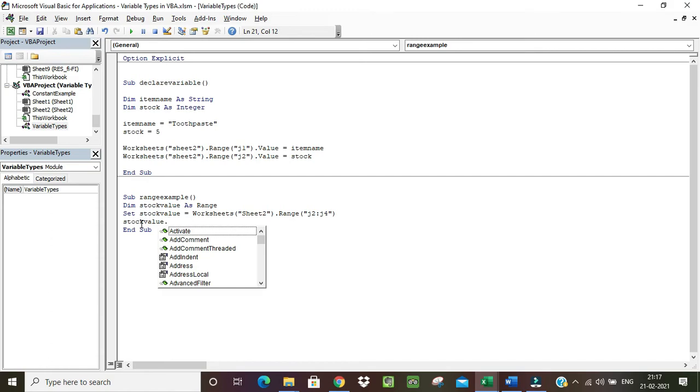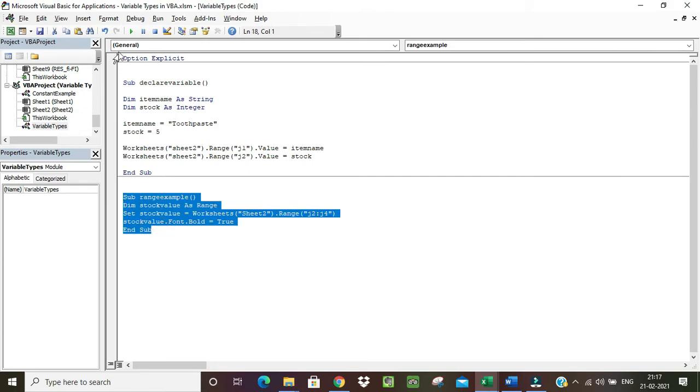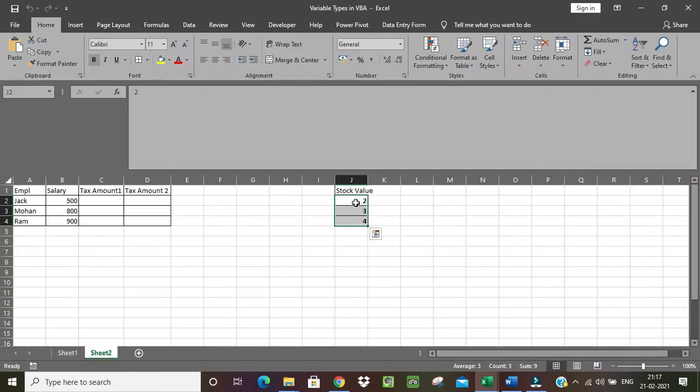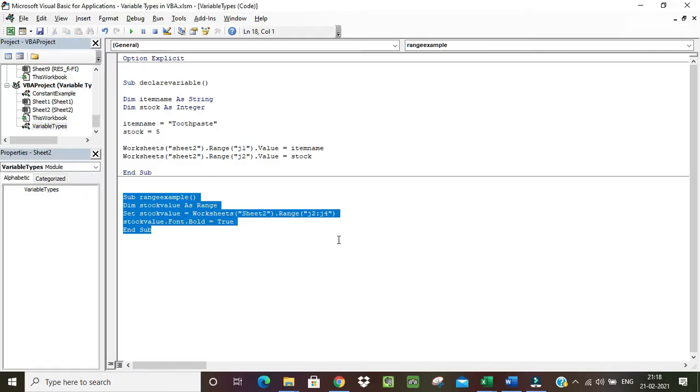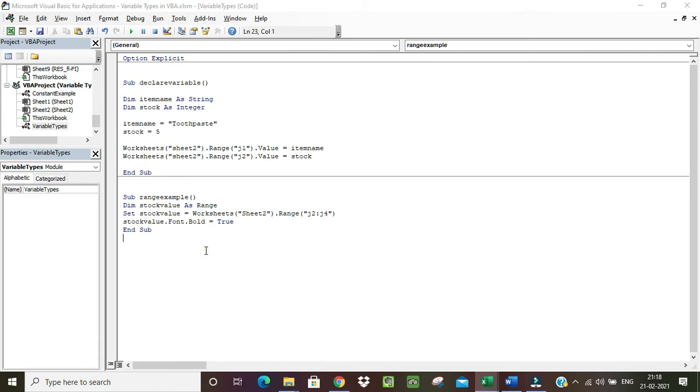You see, VBA understands that we have declared this as a range, so it will start giving us the properties. So let's say I can say font dot bold equal to true. Now we will run this. You see, this has become bold. So that's the other object, the range object, and this is how we can use it.